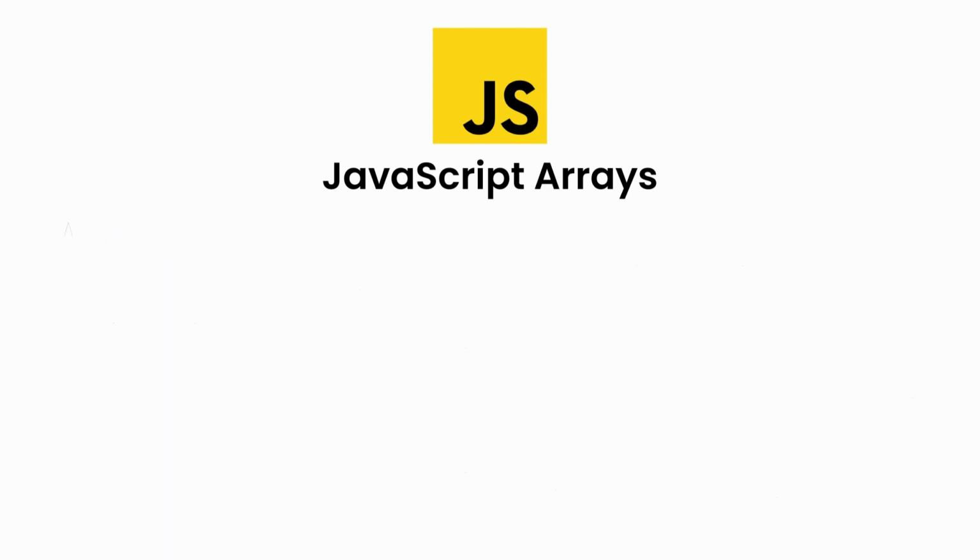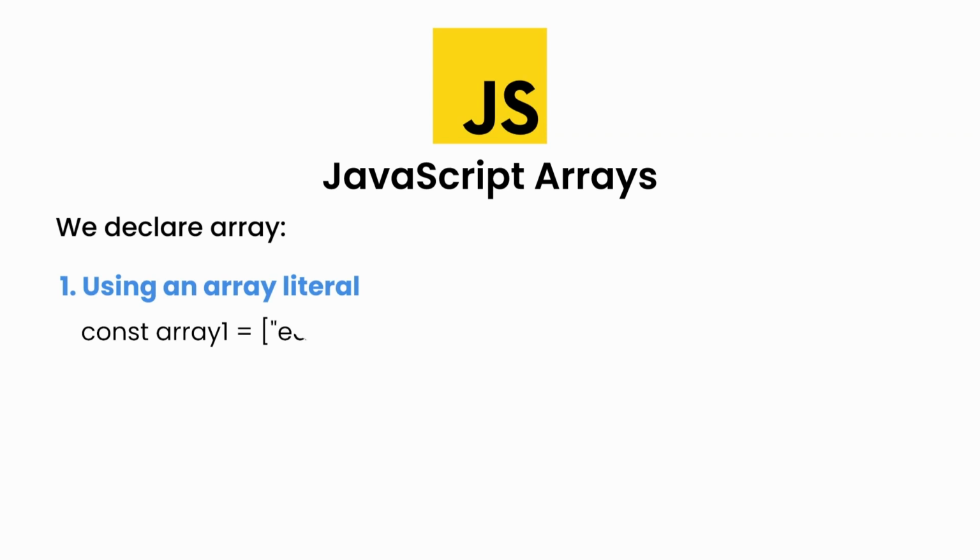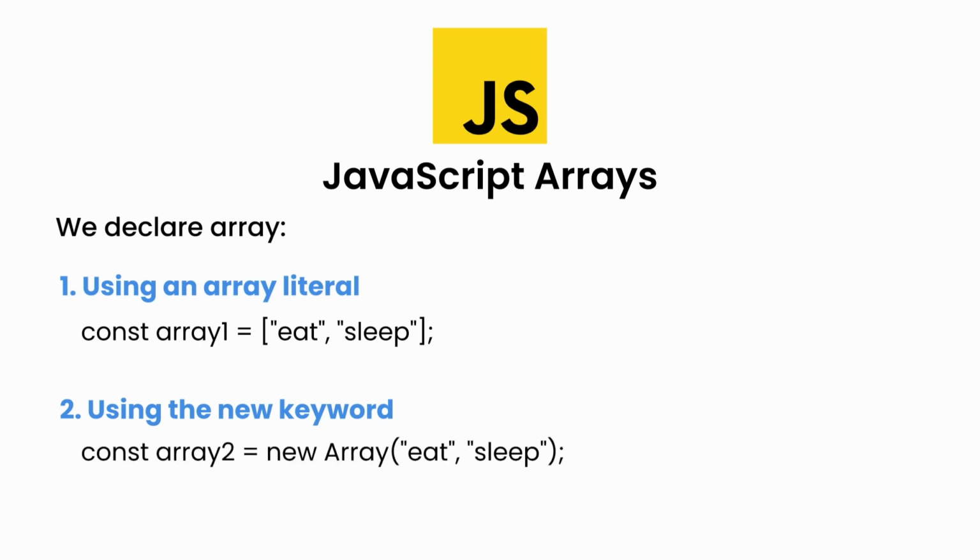In JavaScript, we declare array 1 using an array literal. The easiest way to create an array is by using an array literal. For example, 2 using the new keyword. You can also create an array using JavaScript's new keyword. You can also store arrays, functions, and other objects inside an array. For example,